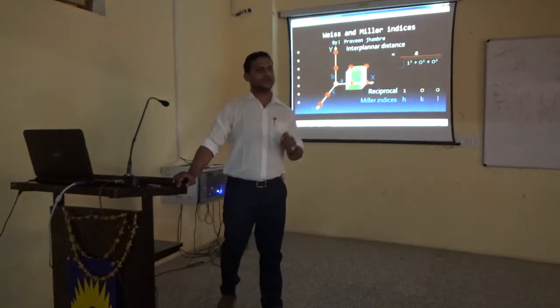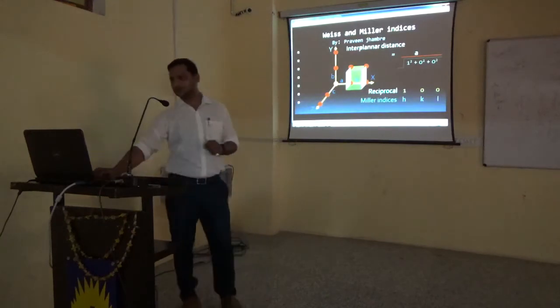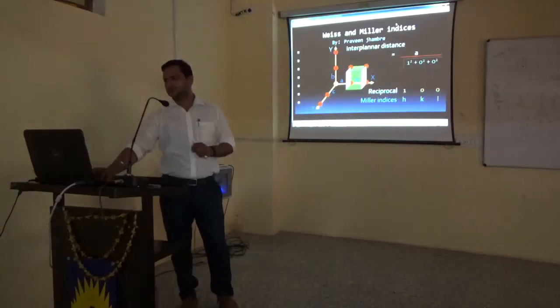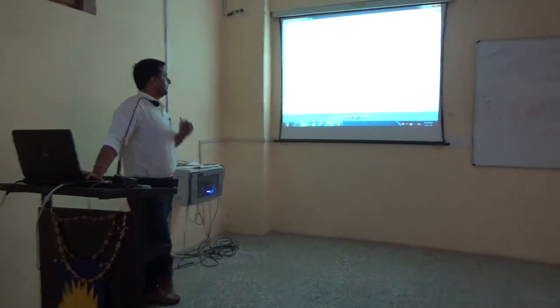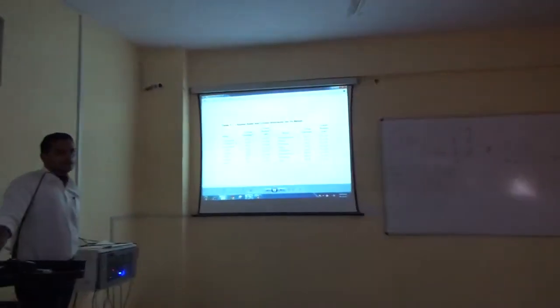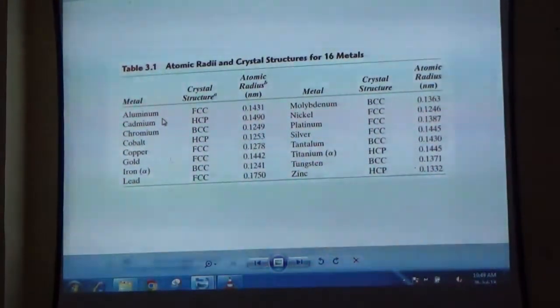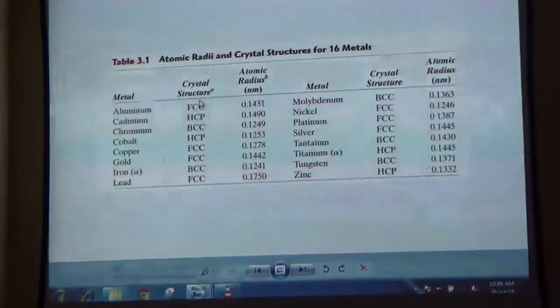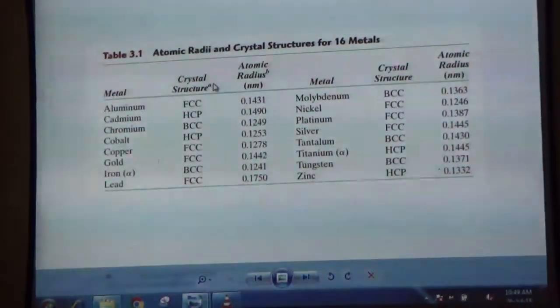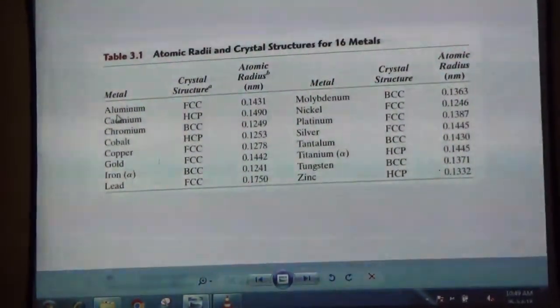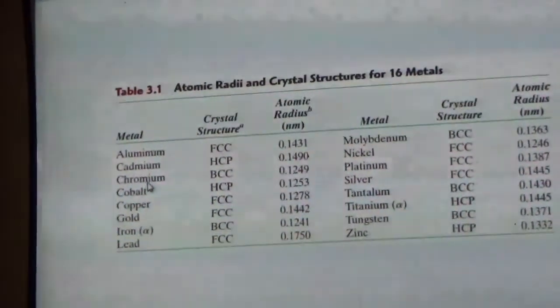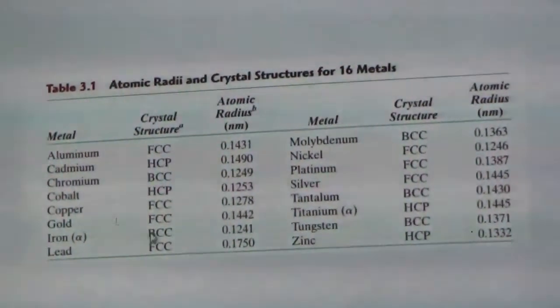And for the competitive or one day exam, you have to know the values of, you just have to type some names of metals, like, you can easily remember this table. At least remember those metals which come in front of us in our daily life, like aluminium. What kind of structure does it have? FCC. And we know that being a mechanical engineer, this is a ductile material up to some limit. Yes or no? Like iron, it is a BCC structure.